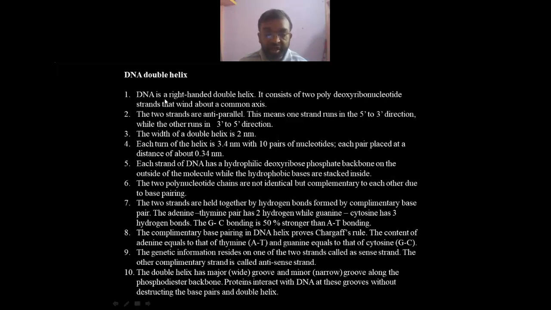You can see why DNA is the preferred one, because of the stability, and stability is given by these particular hydrogen bonds. Actually hydrogen bonds are weaker bonds. So there are two hydrogen bonds between adenine and thymine, and G and C is stronger. Why? Because there are three bonds. Next.